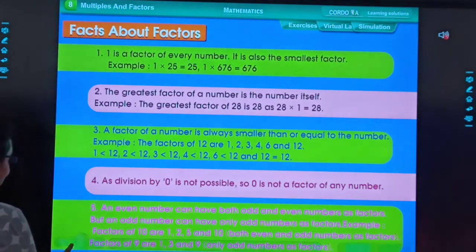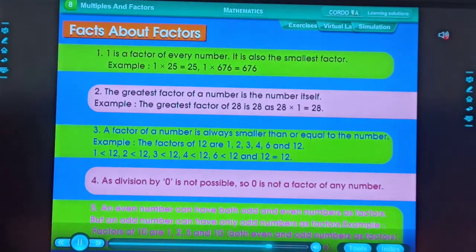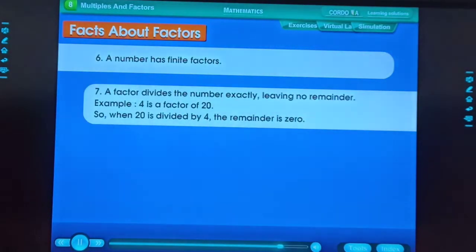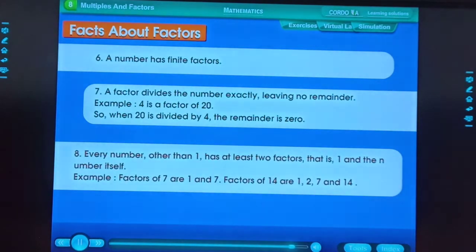Now we will discuss the sixth point. And odd numbers as factors. Factors of 9 are 1, 3, and 9. Only odd numbers as factors. A number has finite factors. A factor divides the number exactly, leaving no remainder. Example: 4 is a factor of 20. So, when 20 is divided by 4, the remainder is 0. Every number other than 1 has at least 2